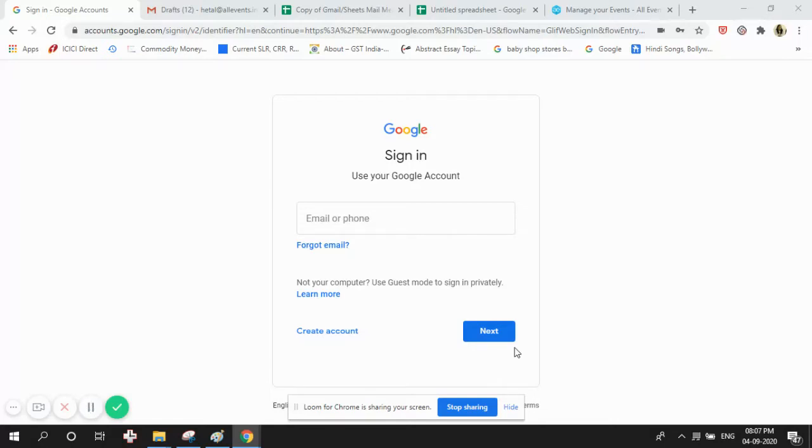Hi there. As we all know, every event organizer needs to communicate with all their attendees, whether pre-event, post-event, or sometimes during the event, regarding event-specific information. If we do it manually, it is quite a tedious task, but let's see how we can do this in an easy and efficient way with the help of mail merge. So let's see how we can do this.